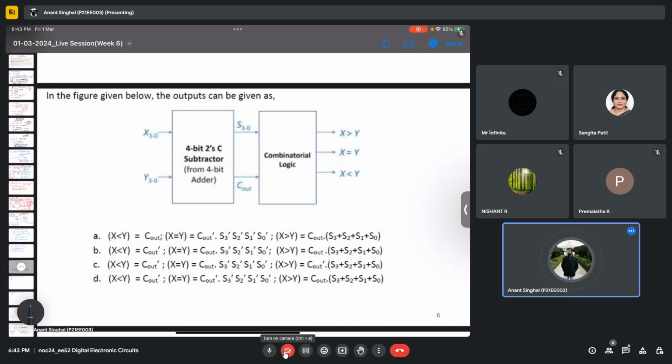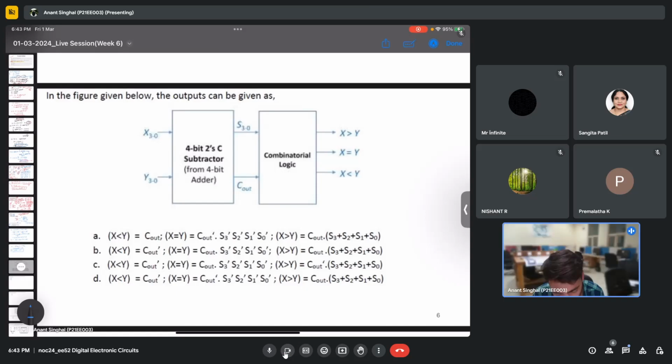Okay, so let's try this out. In the given figure it is written the output can be given by. You can clearly see there are three outputs: x greater than y, equals to y, and less than y. So again this is a 4-bit 2C, C meaning complement basically. So this is a 4-bit 2's complement subtractor